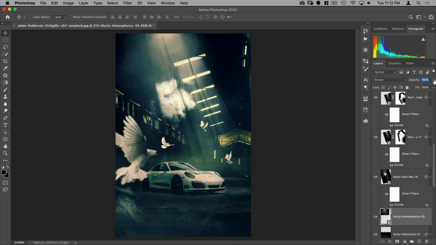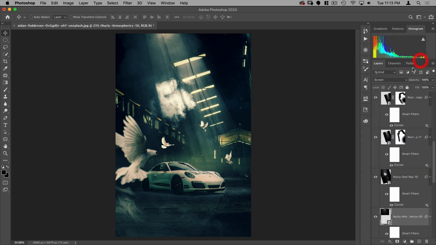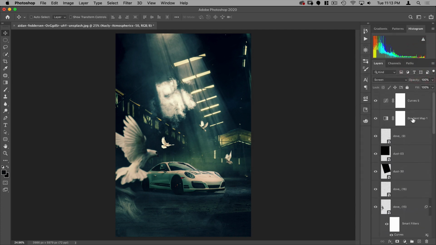On this one, I think what we can do is rather than adjusting the opacity of the whole thing, I can add a curve to it. So I leave the highlights the same, but make the shadows, basically make the whole layer a little more contrasty, like that. And I'm pretty happy with that.